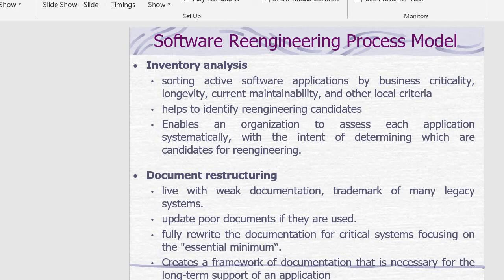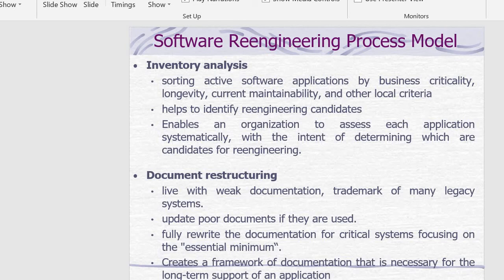It enables an organization to assess each application systematically with the intent of determining which are candidates for re-engineering. So based on the outcome of inventory analysis, we go for the document restructuring.